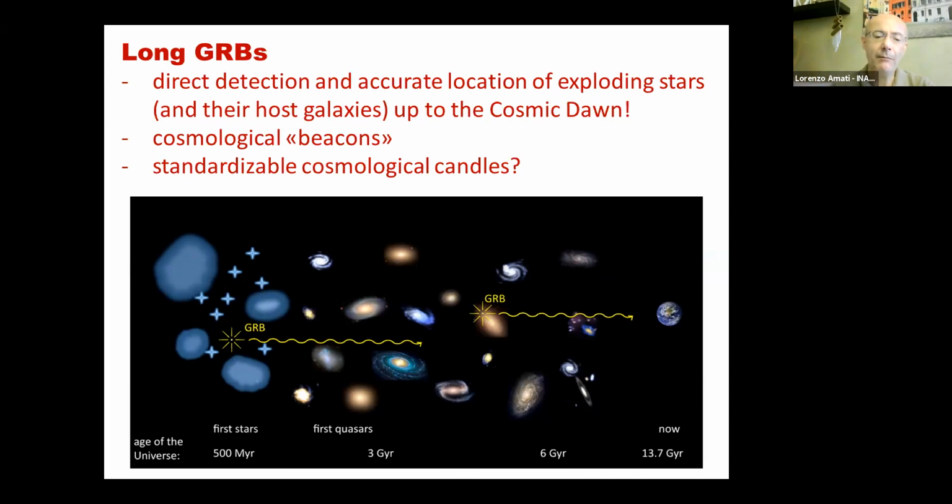And so with long gamma ray bursts we have a tool, a cosmic beacon, that can pinpoint the explosions of the first stars and illuminate, if you wish, the first primordial galaxies, and tell us not only their existence and basic properties, but also the metallicity evolution and the neutral hydrogen evolution, and so tell us much about cosmic ionization, for instance. Furthermore, there are many investigations using them as possible standardizable candles to investigate the geometry and expansion rate of the universe.